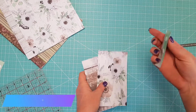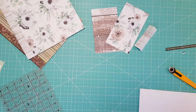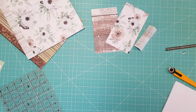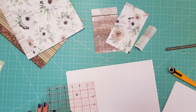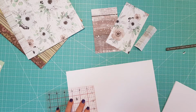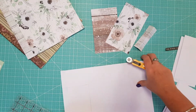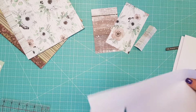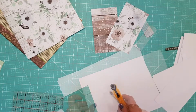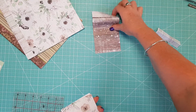Okay, so we've got our 2 pieces and we've cut our little extra piece, so that was 3.5 by 1.5. And then we're going to grab our printer paper and we're going to cut 3.5 by 6 inches. And again, you're probably going to use about 15 to 20 sheets of paper. There we go. Okay, so we just get a top sheet and a back one,